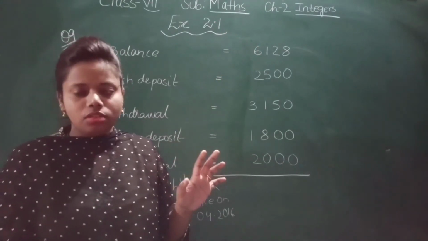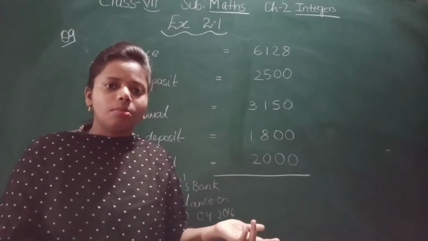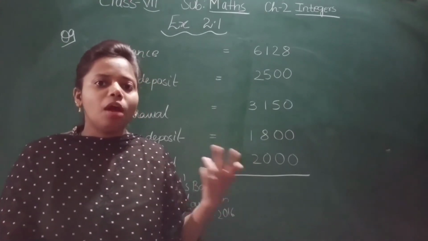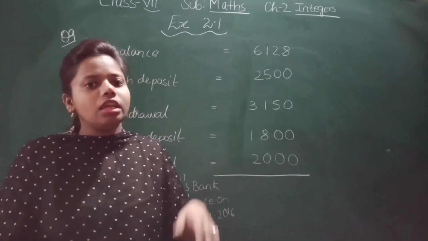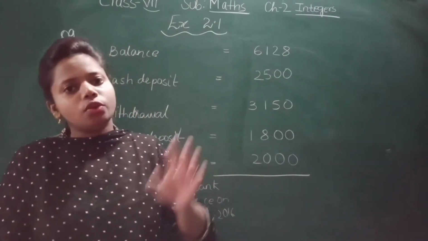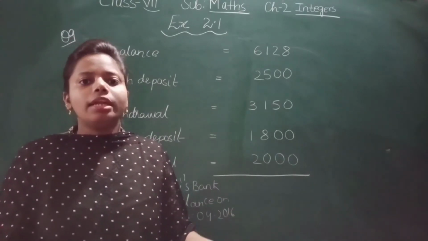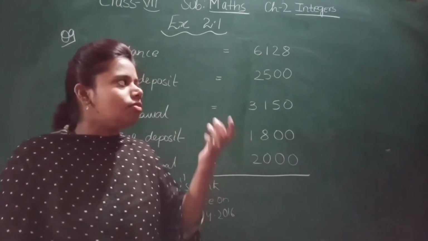Like you have 5 rupees, your mother gave you 5 rupees, now it becomes 10 rupees. Now you ate 2 rupees from that. So 10 minus 2 will be how much? 8 rupees you have now. Your father gave you 10 rupees. Now it has become 18 rupees. Again you ate 8 rupees from that. So 18 minus 8, how much? 10 rupees. So at last how much do you have? 10 rupees. Same way we will do here.